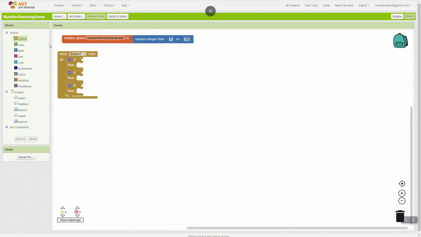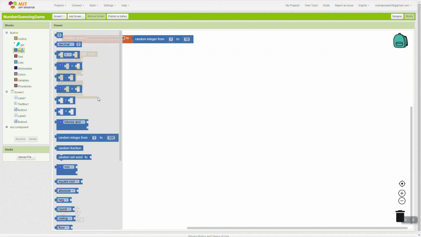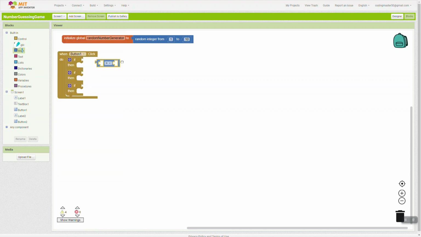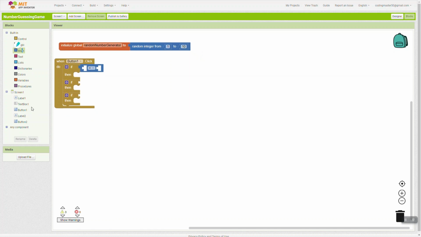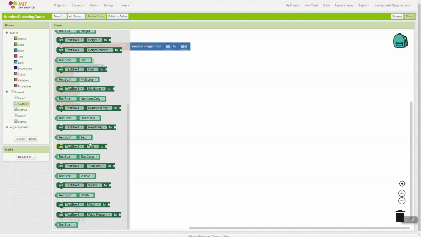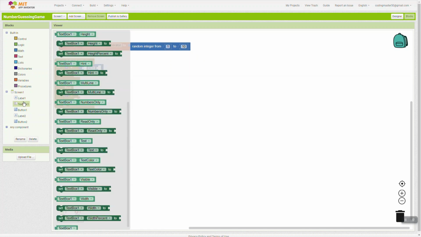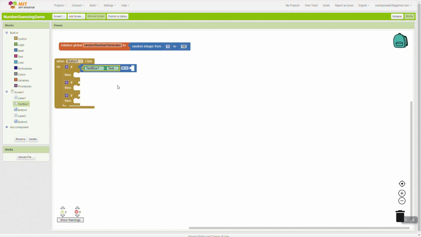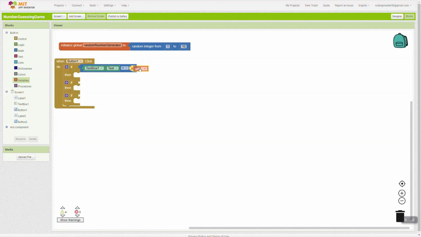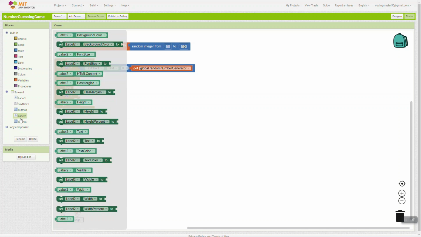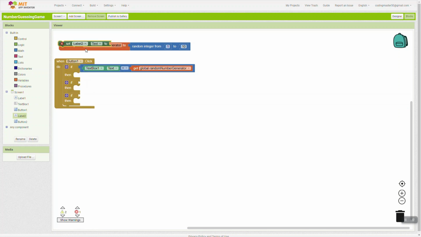So when button on the click, if, gonna take a math operator, if textbox one dot text, not this one, yeah, if textbox one dot text is equal to the random number generator, this variable, get global random generator, then set label 2 dot text to